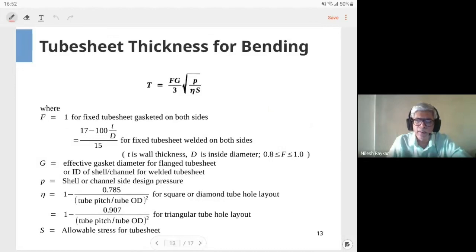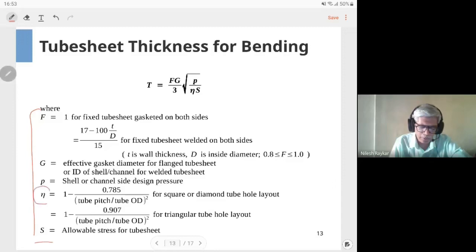The preliminary check and design calculations that you are doing for the tube sheet are preliminary calculations. They are not the actual calculations. The actual calculations run into pages, and that is not required at this level. Essentially, two modes of tube sheet failure are considered. One is that, because of mechanical loading and thermal expansion, there is bending or bulging of the tube sheet, which needs to be avoided. Also, this load causes shearing of the tube sheet. These two modes are checked in these formulae, and the method, I believe, is explained in the detailed calculation that I'm giving.